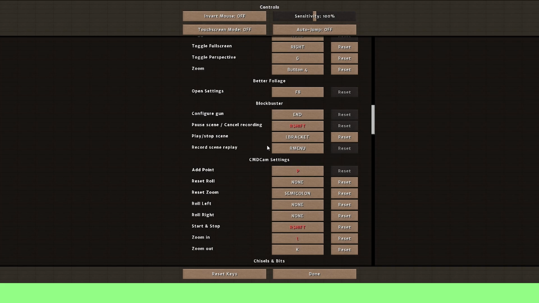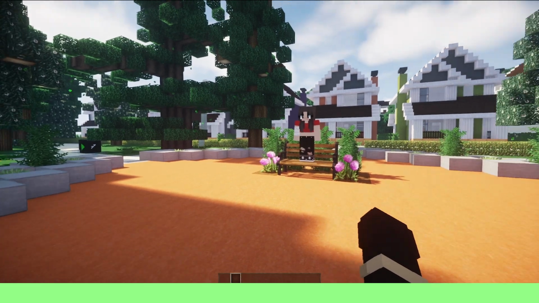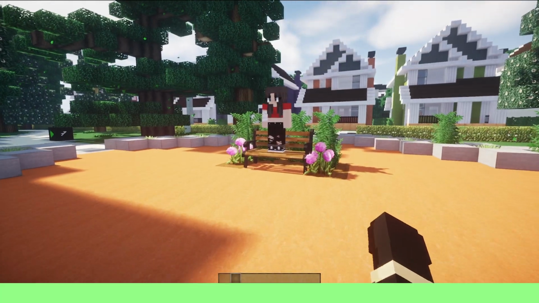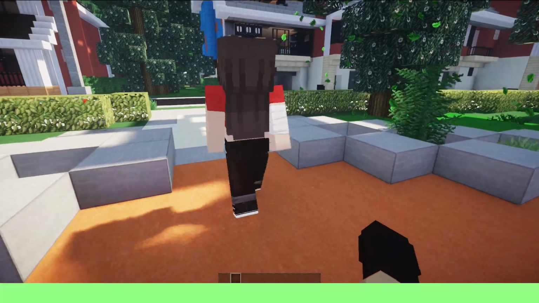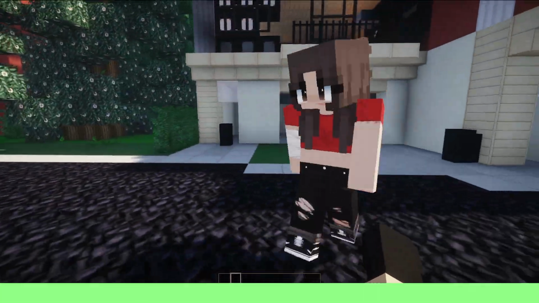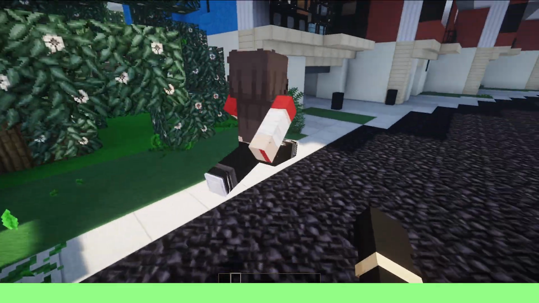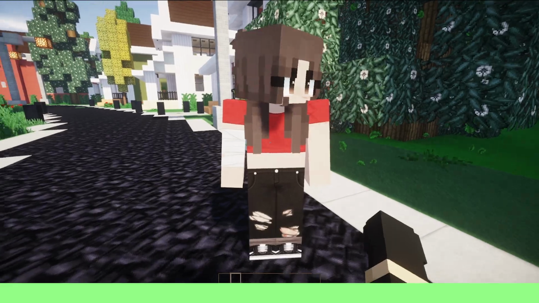My controls. So make sure it's any keybind you want, done like that, and then press the keybind and it should wake her up. And then there she is. She's walking around like a normal character. You can do whatever she wants. So lovely. Now, another thing that you might be wondering is how do you get the characters to be smaller